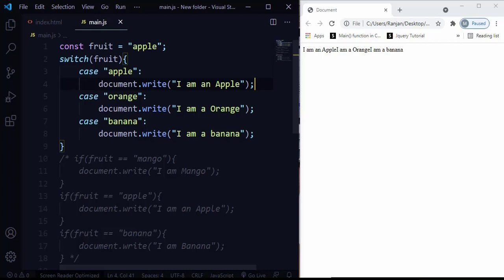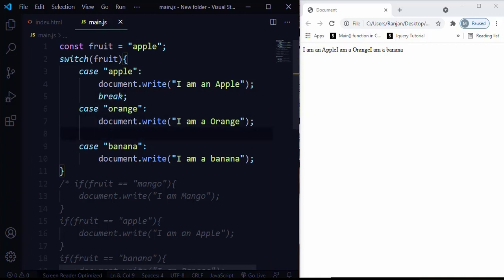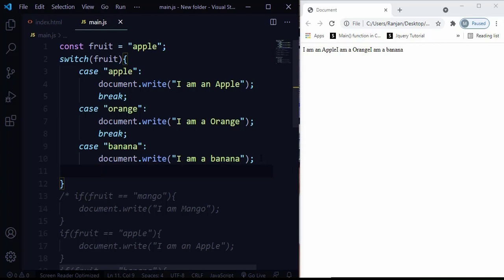So what you can do, after every block, include the break statement. So when the evaluation is matched with a particular case, it's just going to break the statement. Instead of printing these other cases, it's just going to print this matched case alone. So just try to include the break keyword after every statement so that it will avoid printing all the cases